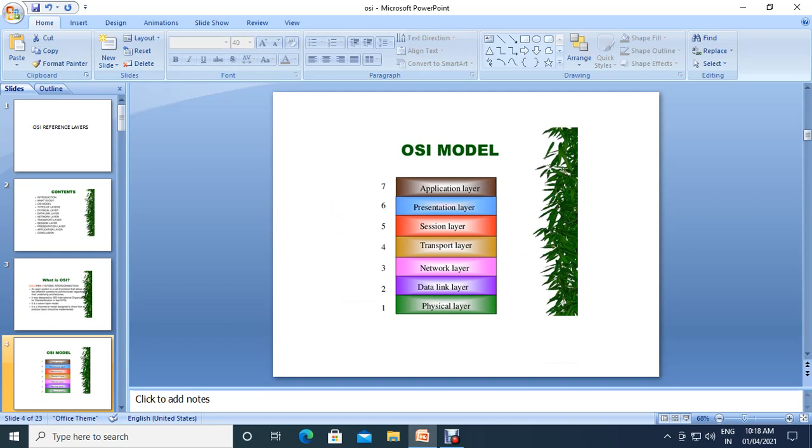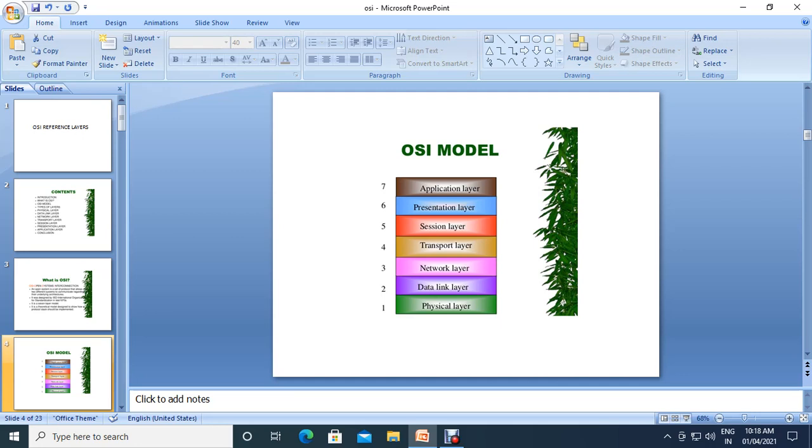So the first layer is the physical layer, second is the data link layer, third network layer, fourth transport layer, fifth session layer, sixth presentation layer, and seventh application layer. These layers are in order only. After the physical layer we have to mention the data link, after that network, after that transport, session, presentation, application.